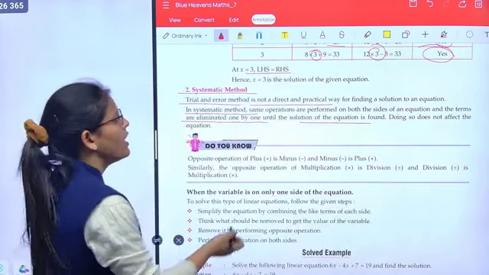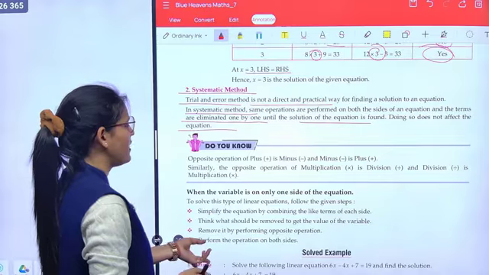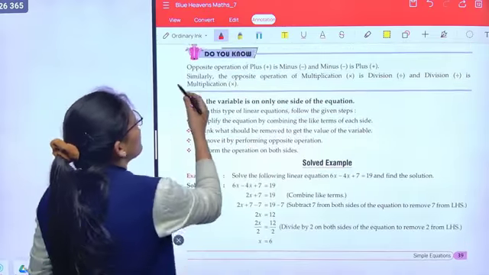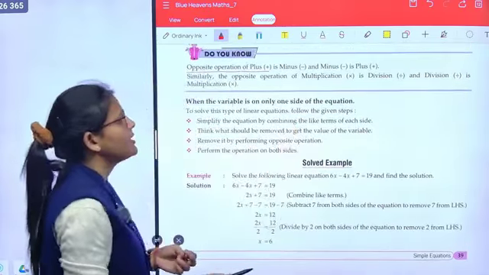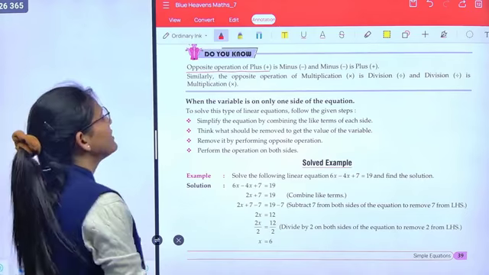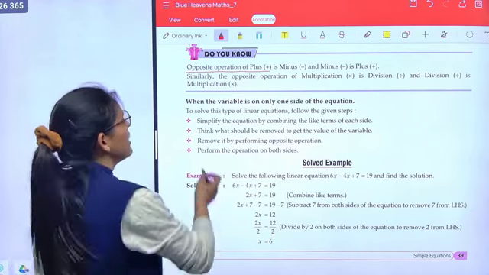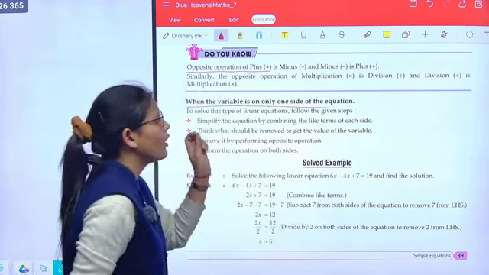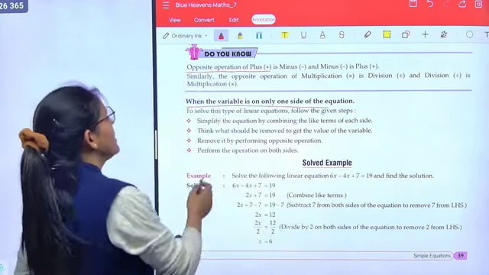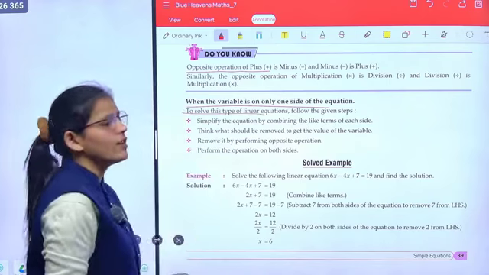Doing so doesn't affect the equation. Now class, do you know the opposite operation of plus is minus and minus is plus? Similarly, the opposite operation of multiplication is division, and division का क्या होगा? Multiplication. When the variable is on only one side of the equation, to solve this type of linear equation, follow